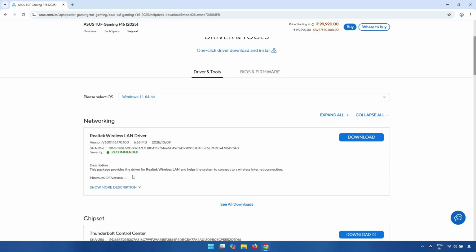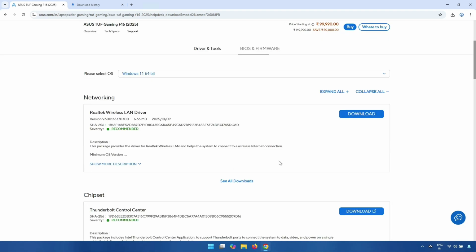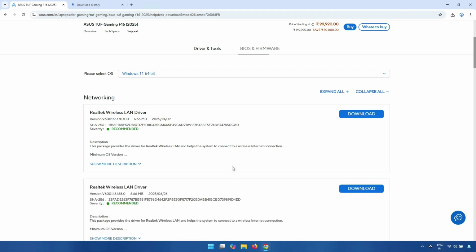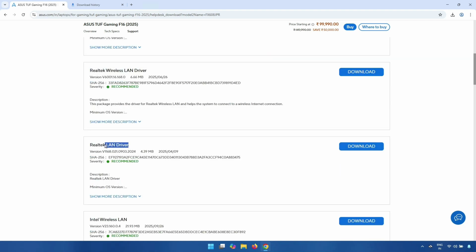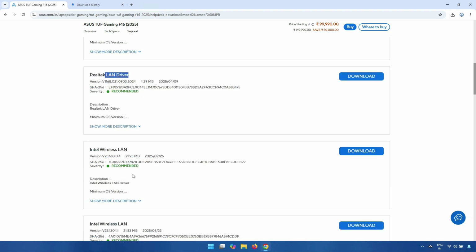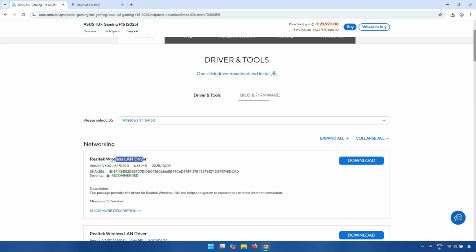If you need a separate driver, you can scroll down and you can see in the networking section, extract. Wireless LAN means Wi-Fi driver. And this LAN is for the cable connection. So for the latest wireless LAN, I click to download